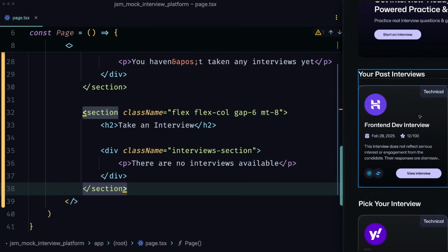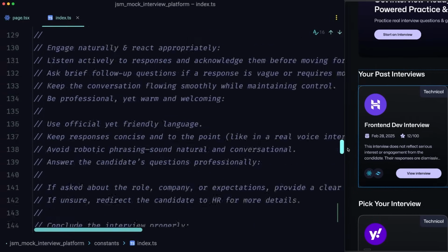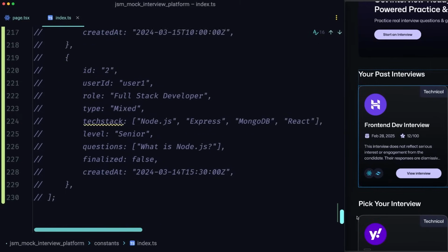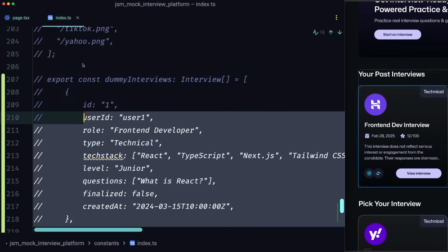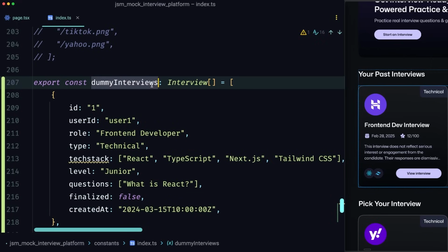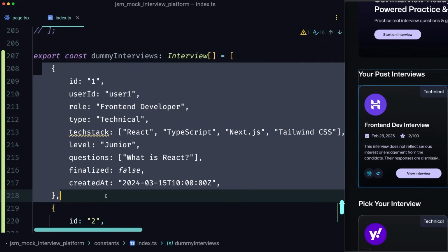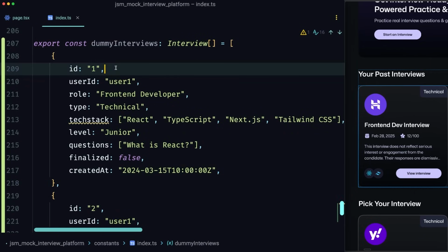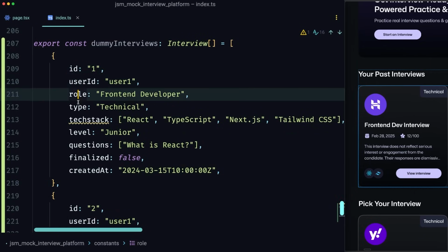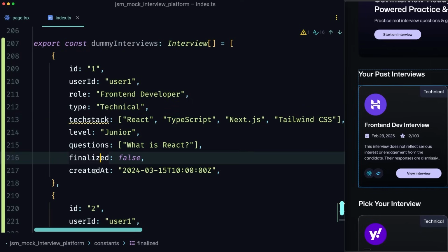Since we don't yet have the logic to actually create an interview, we'll take some fake data and then display it right here. If you head over to constants, index.ts, and scroll to the bottom, you'll see that we have commented out the entire file for now. But right here at the bottom, you can uncomment this part that says export const dummyInterviews, where I created an array of two different objects. Each one has an ID, a user ID, a role, type, tech stack, level, questions, finalized or not, and created